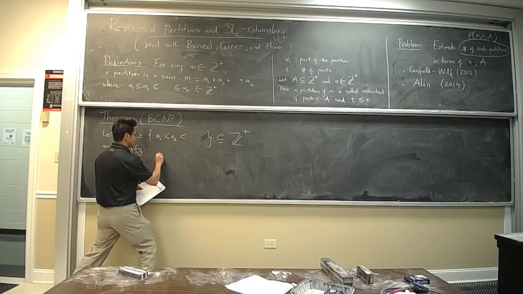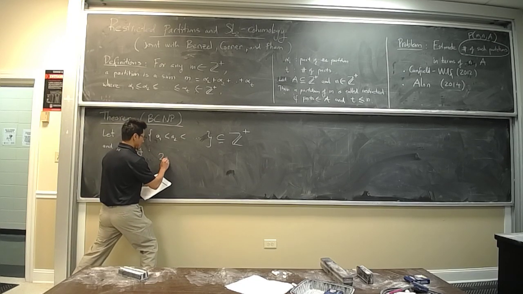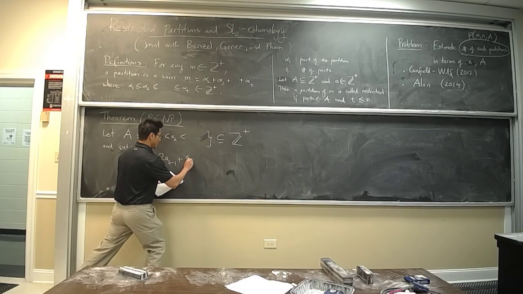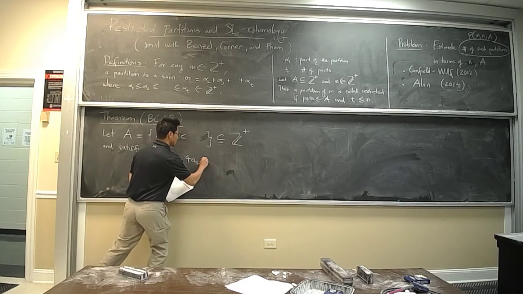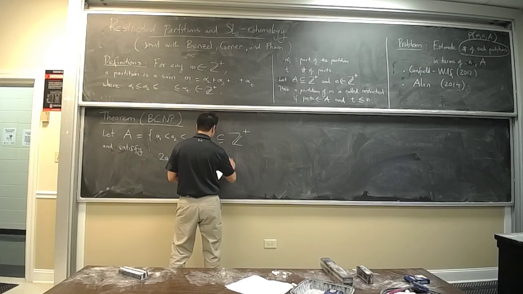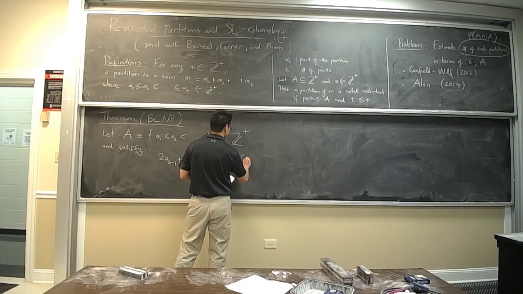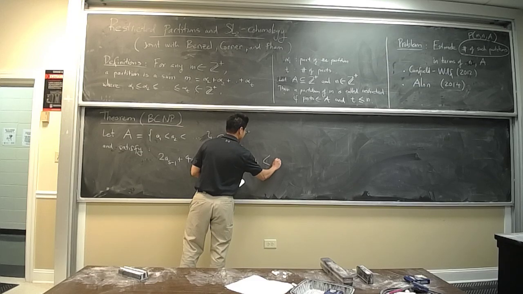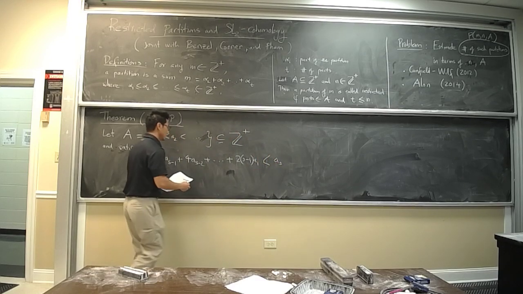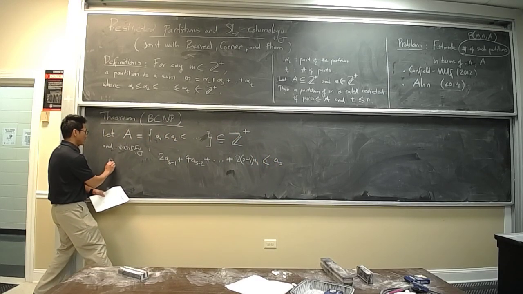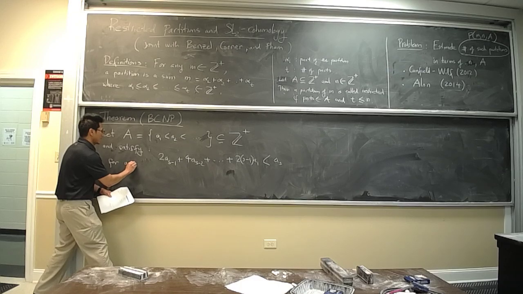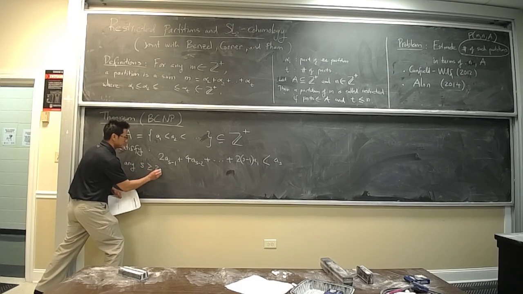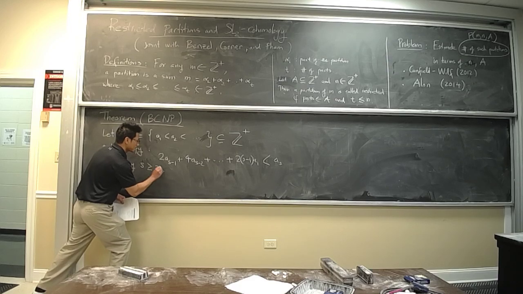Okay, so if you have 2a sub s minus 1 plus 4a sub s minus 2 plus all the way to a1, less than a sub s for any s greater than or equal to 2. Okay? Then